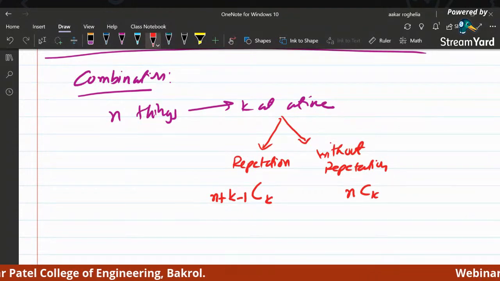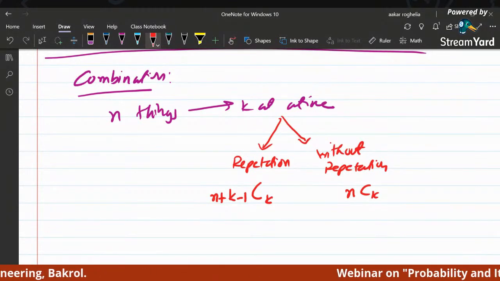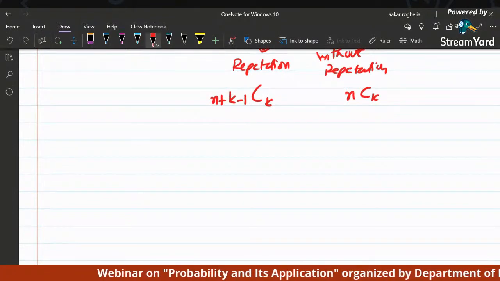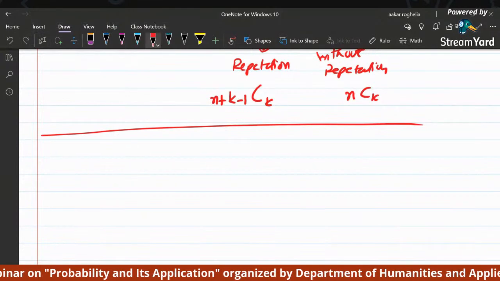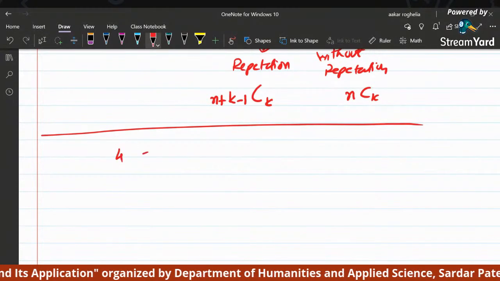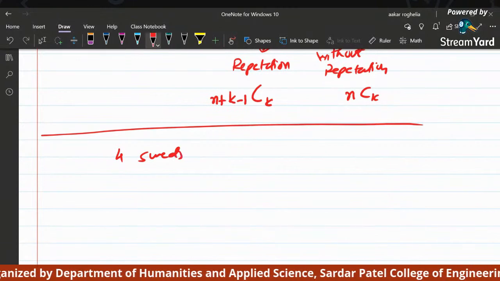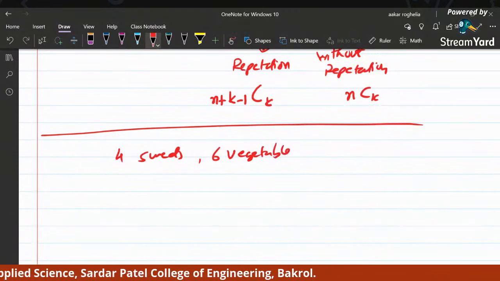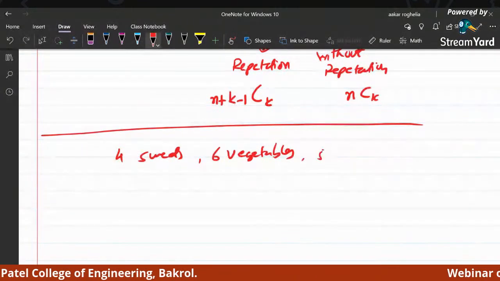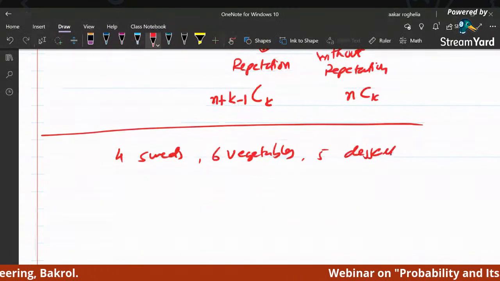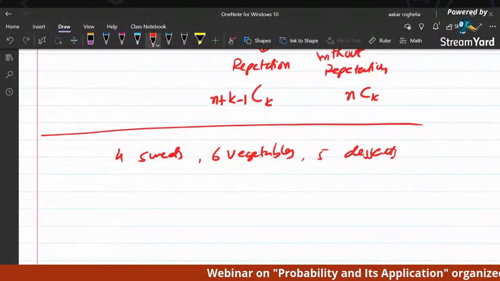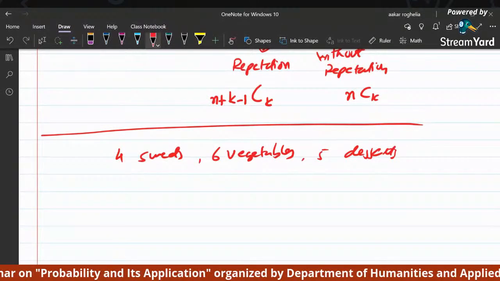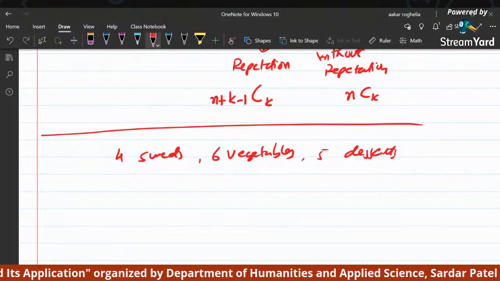I think we can take one small example. There is a cafe, a hotel. In that hotel, you are seeing the menu: 4 sweets, 6 vegetables, 5 desserts. Okay, we are just seeing this method. 4 sweets, 6 vegetables, 5 desserts. Everything else also has some more choices, but say, for example, we have this many choices,